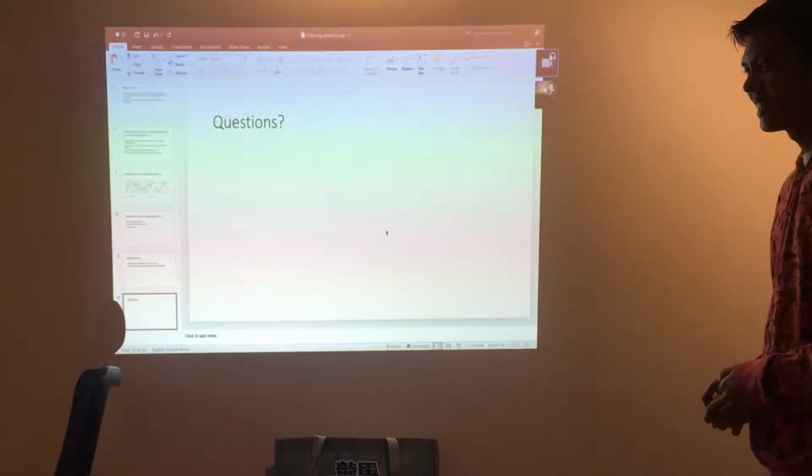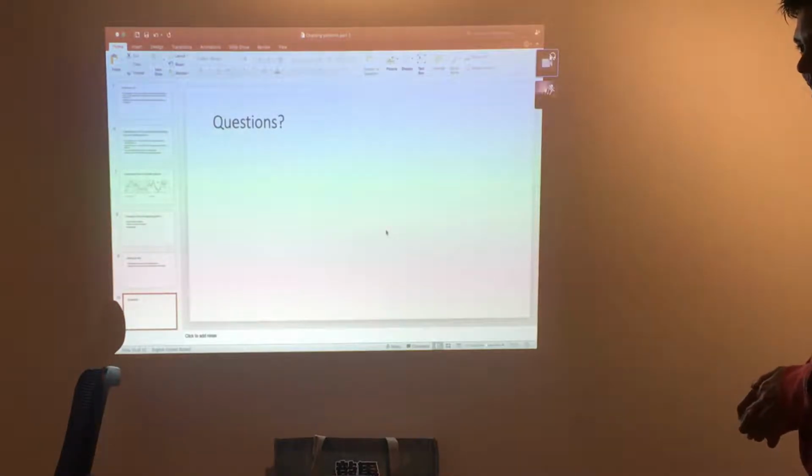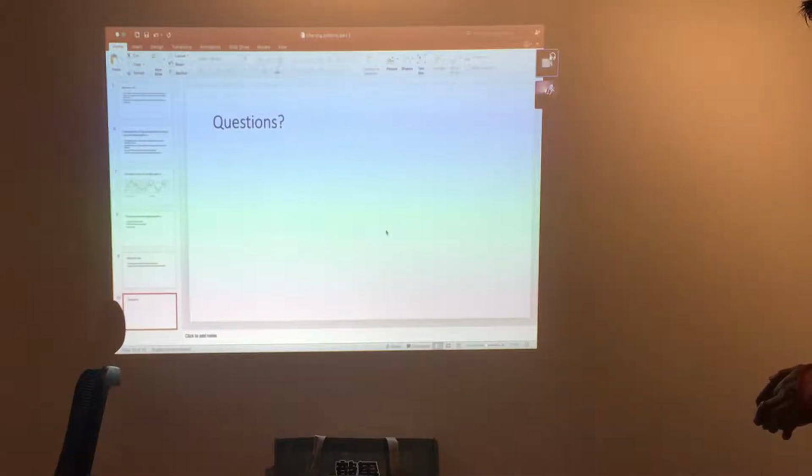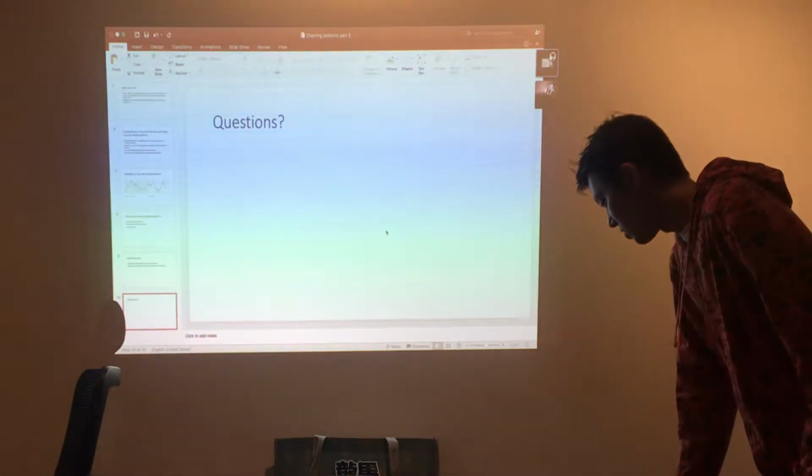How do you differentiate between the inverse head and shoulders and the cup and handle? Oh yes, okay. So